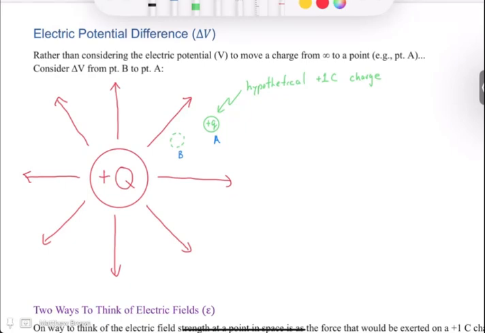And so maybe that way I could consider what is delta V from A to B. Might be something that I want to look at here, right? And that would just be E d over q, which in our case is just